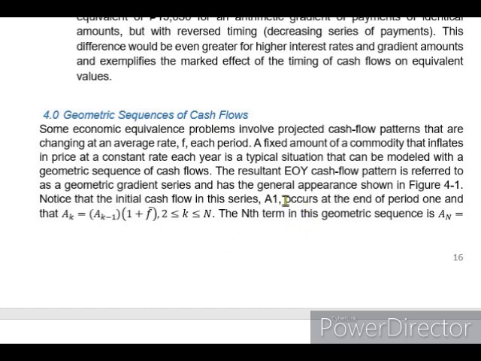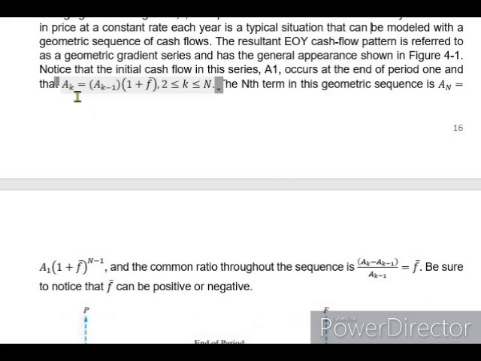So, the result of EOY, end of the year cash flow, pattern is referred to as geometric gradient series and has the general appearance shown in the next figure 4-1. Okay? So notice that the initial cash flows in this series, A sub 1, occurs at the end period of 1. Okay? And that, ito yan yung pinaka-formula niya. A sub k is equal to the quantity of A sub k minus 1 multiplied by 1 plus F bar. Okay? Such that k is greater than or equal to 2 and less than or equal to